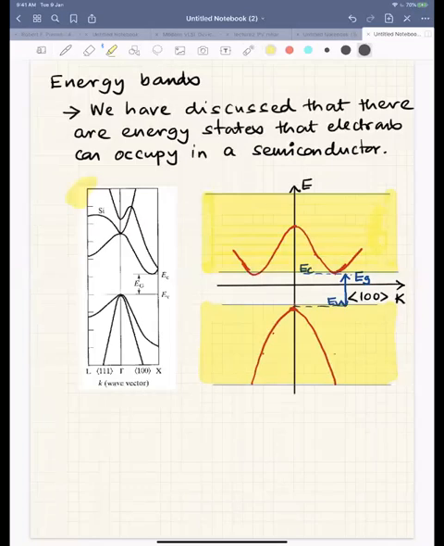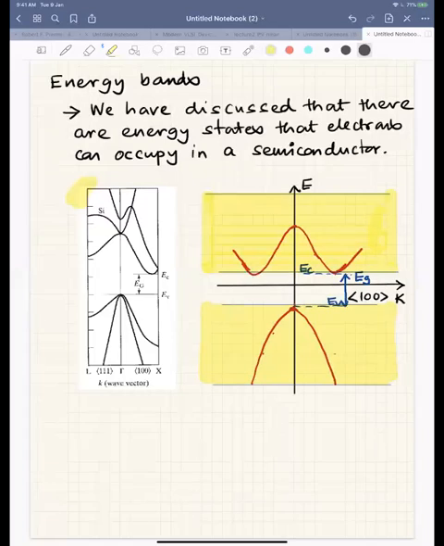These points come from the Brillouin zone, and the gamma point is the center of the Brillouin zone, X point is towards the 100 direction, and L point is towards the 111 direction. And we also discussed the bottom of the conduction band. Here this only plots the valence and conduction band,